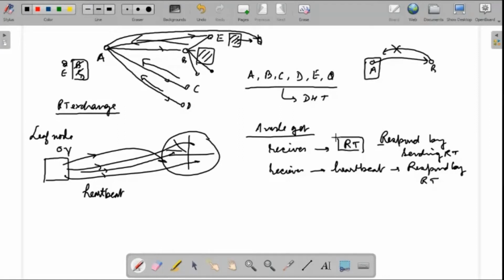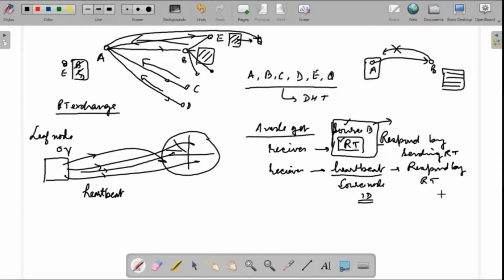So it means the source ID will be used along with the routing table to update the local routing table. Basically this new information will be used by the receiver to update the local routing table with better entries. Any entry which can become a better entry, if it can replace something, will be taken up from these. So this will include the source as well as the routing table. While in the case of a heartbeat, the source node ID will not be considered for updating the routing table.